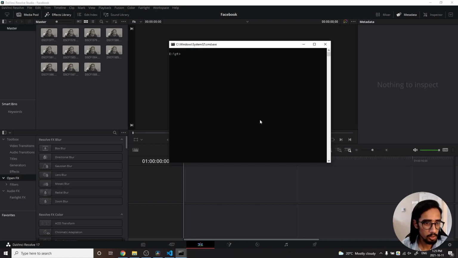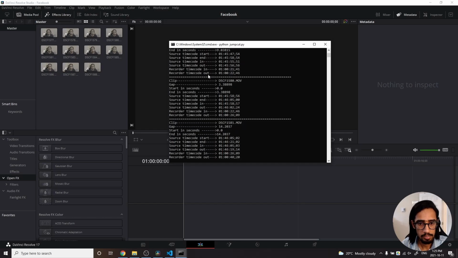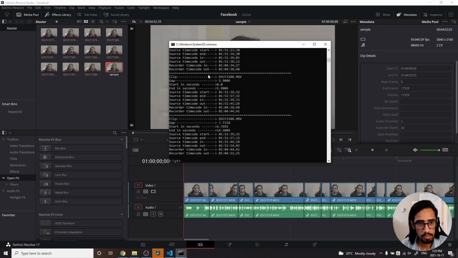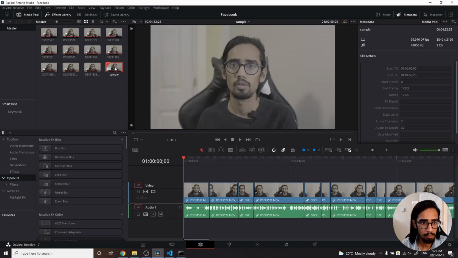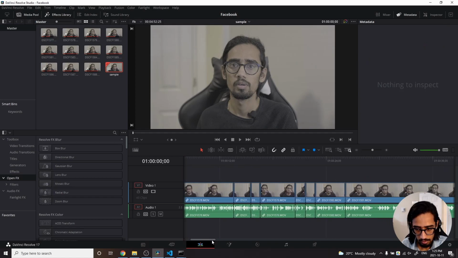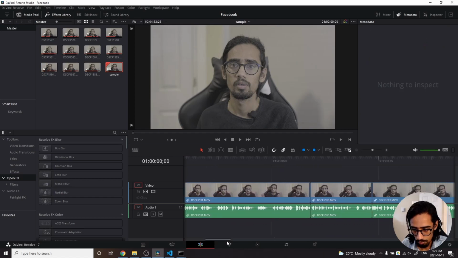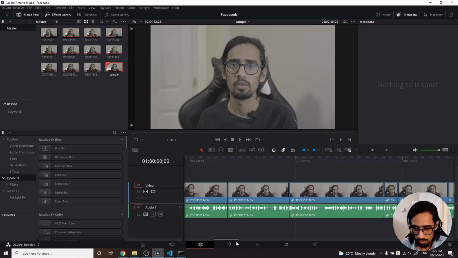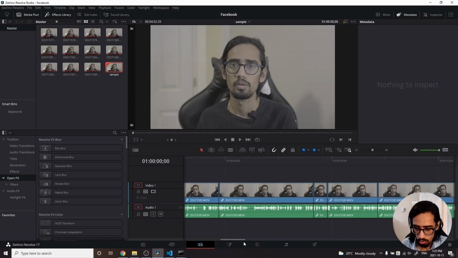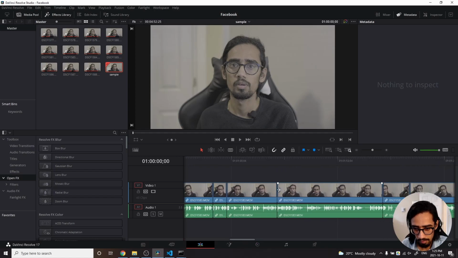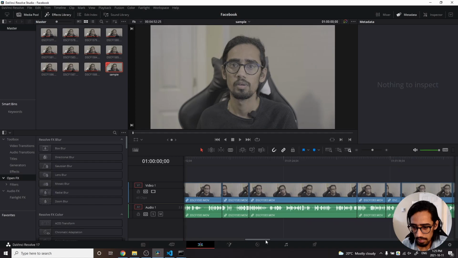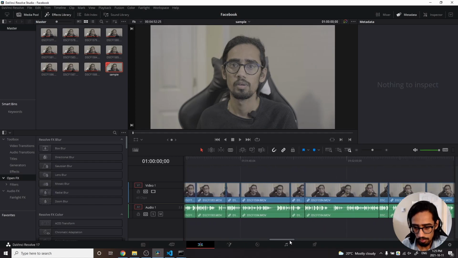So before running the script, you see there is no timeline over here. If I run the script right now, it will go through all the clips, identify your speech and make the jump cuts automatically. And you would see a new sample timeline over here. If you see the waveform, it has done the jump cut almost perfectly. According to your needs, you may have to change a few parameters here and there, and make further edits. But I believe it's a really nice start to editing your videos.